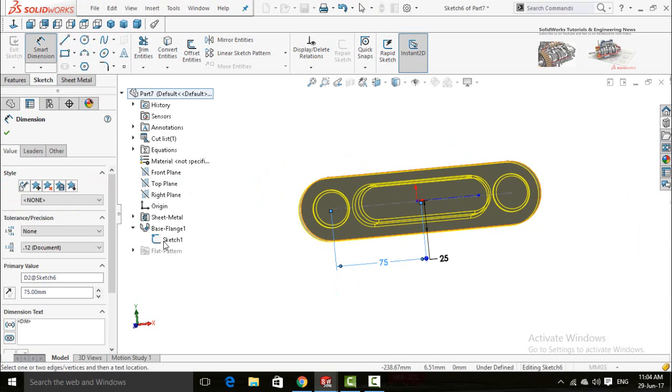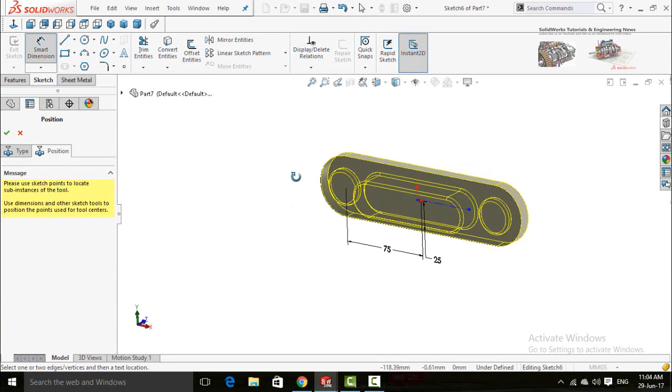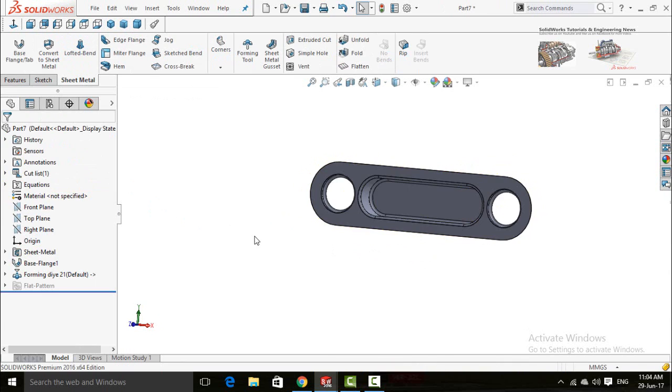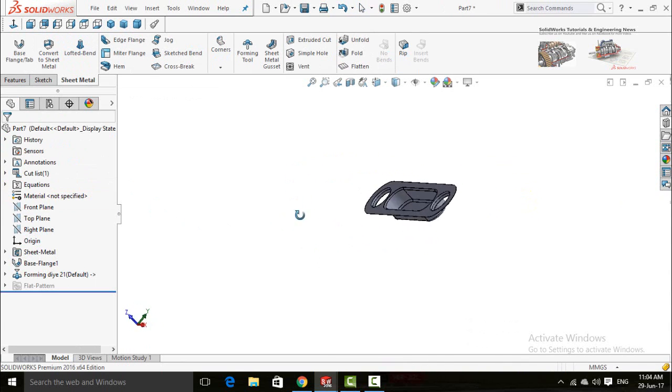Now you can hide this sketch. Press OK button and the product is ready.